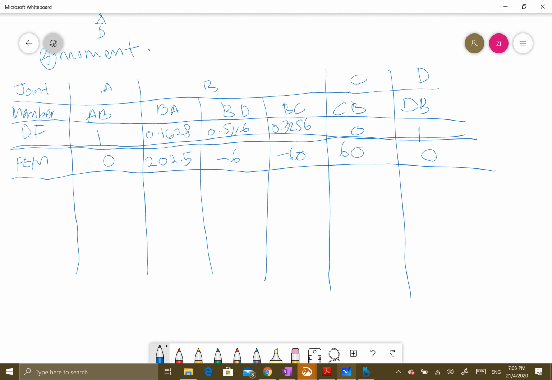Okay, so first row distribution. For column A, 0 times 1 equals 0. So for D, 0 times 1 equals 0. And for C, 60 times 0 equals 0. Okay. So for B,